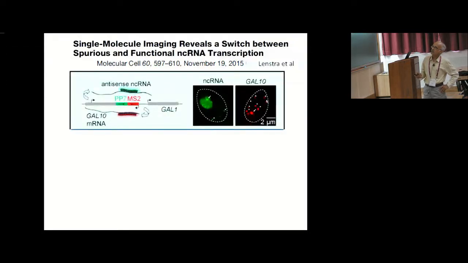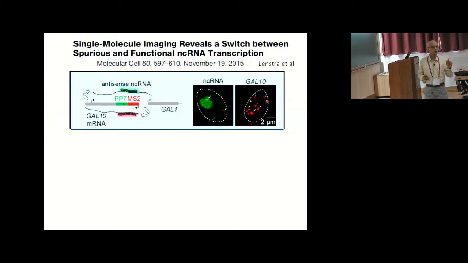What he did was, this is the Gal1 and this is the Gal10 transcription. This is the intergenic promoter. People had identified a non-coding RNA which starts from here, goes all the way up to Gal1. The function of this non-coding RNA was not known. Okay? What these people did was, they did an experiment where they knocked down this non-coding RNA by some mechanism, and now monitored